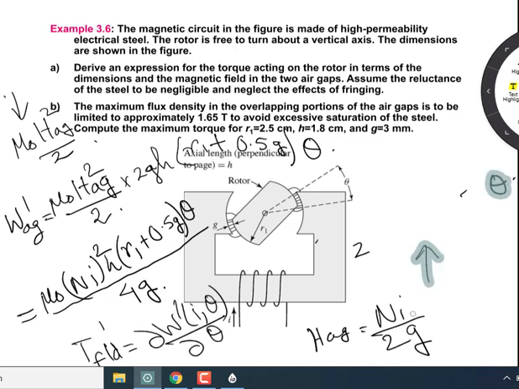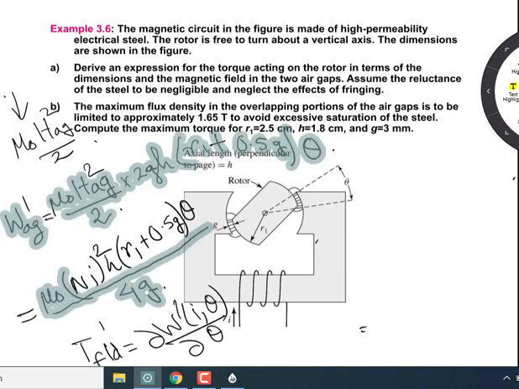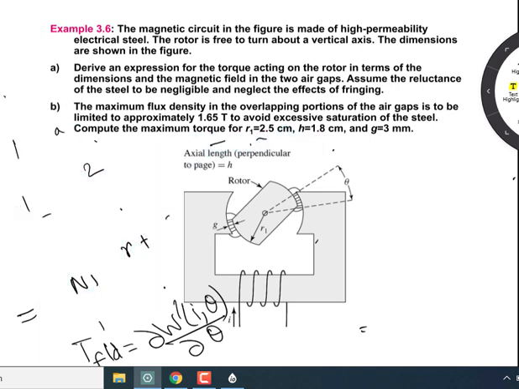One interesting thing we'll be able to observe here. So after doing this, you will observe that this is equal to